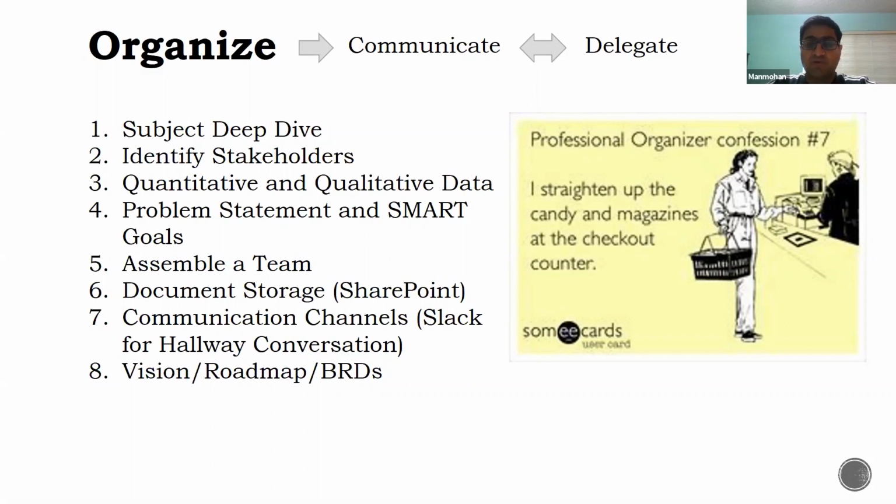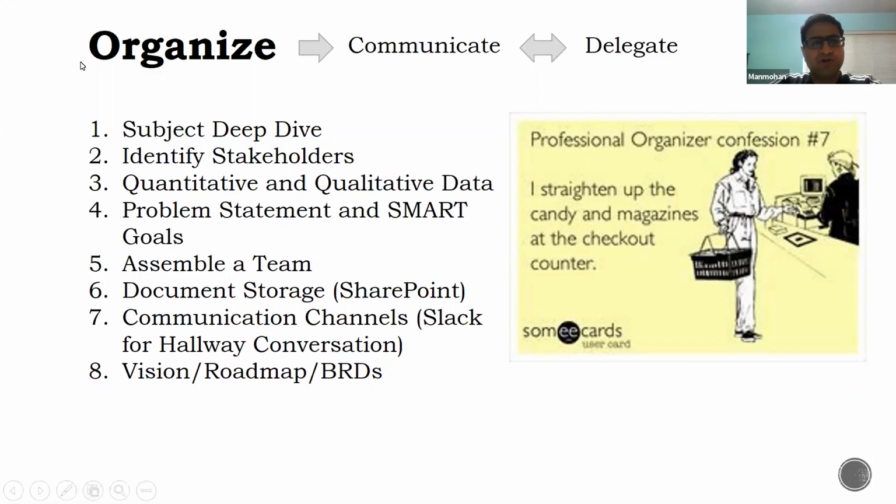In this stage, you will go about creating the product roadmaps, business requirement documents, and every possible detail that you have. And at Amazon, we write 6 pages, which help us organize our thoughts effectively. And during the pandemic, I realized that writing these documents actually helped us do our work effectively, even in a remote setup. I don't know how we could have done it in any other way.